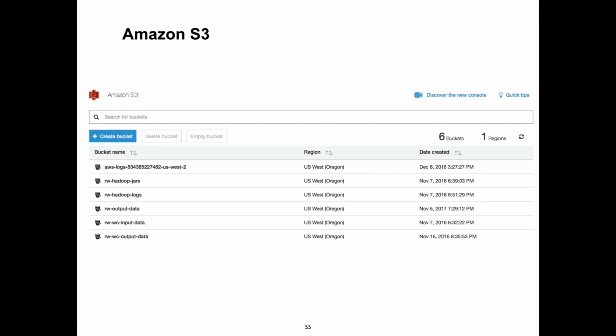When you log on to the S3 console, I can create a bucket, delete a bucket, empty a bucket. And there are also various regions. When you create your account, you usually are placed in a region.